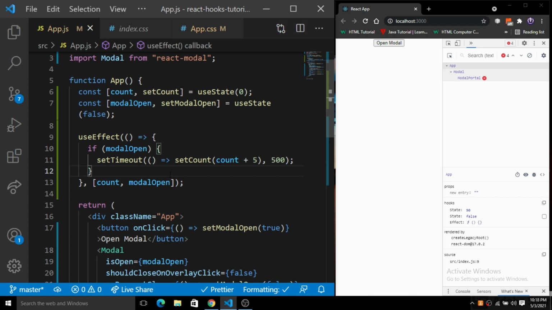One more thing I'll tell you is that the next React hook I'm going to put on this channel is useContext, which is very important if you want to make dark mode or light mode applications. It will be very important to build a context, and I will explain how the context is used in React hooks.